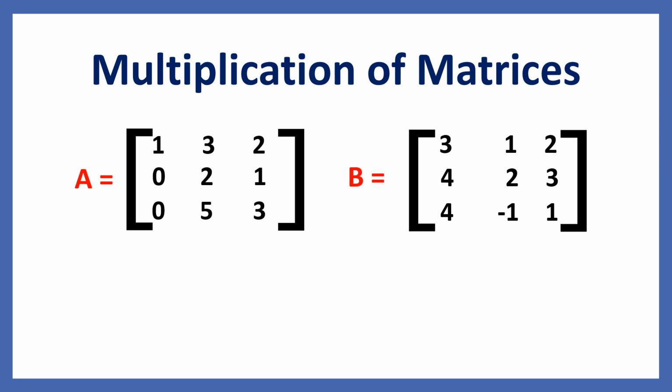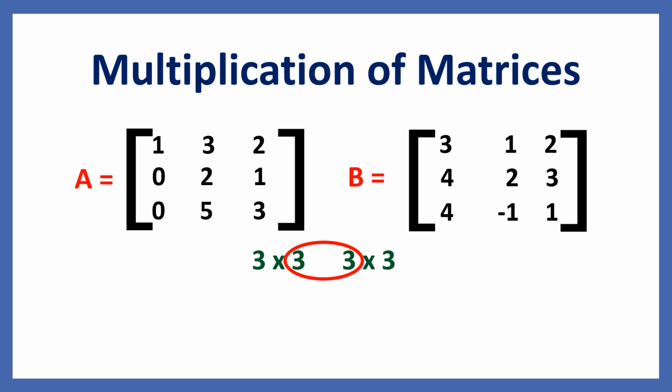Before proceeding with the multiplication, we have to see whether we can multiply these two matrices. That is, the number of columns of the first matrix must be equal to the number of rows of the second matrix. So, let us see the order of both the matrices. The order of first matrix A is 3 by 3, and the order of the second matrix B is also 3 by 3. The number of columns of first matrix here is equal to the number of rows of the second matrix. So, both are same. Thus, in this case, we can do the multiplication.